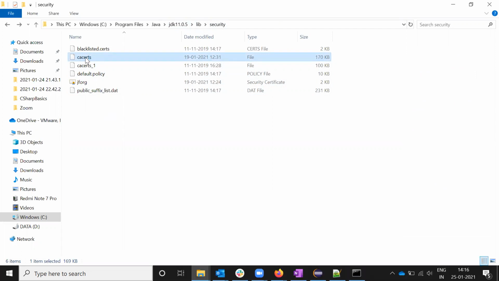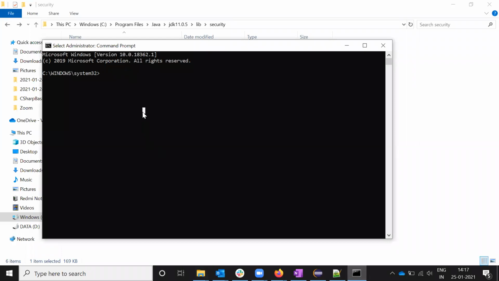If that file is also not working, you have to ask any friends or colleagues to get this certificate file from their local working Eclipse. You need to get that file and copy it there. Don't delete the old one; rename it to anything, and copy the new one into that certificate location. Once you've done that, navigate in the command prompt, which you opened as admin, to this location.